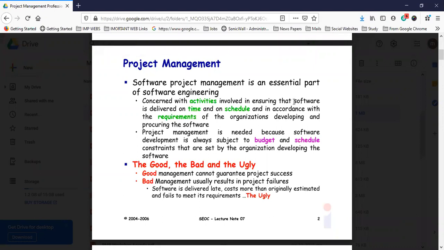Currently, what we are talking about is software project management. Suppose you are going to open a software management company, and you are the project manager of the software project. What do you need to take care of, and how do you go about it in software projects? What are the activities, deliverables, on-time schedules, and the requirement analysis? These are the things you need to take care of.